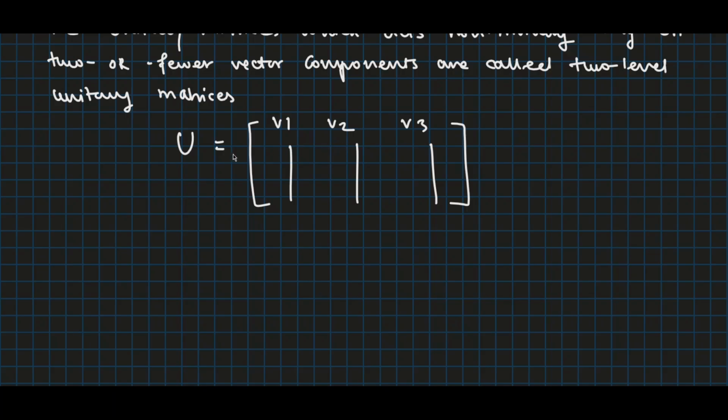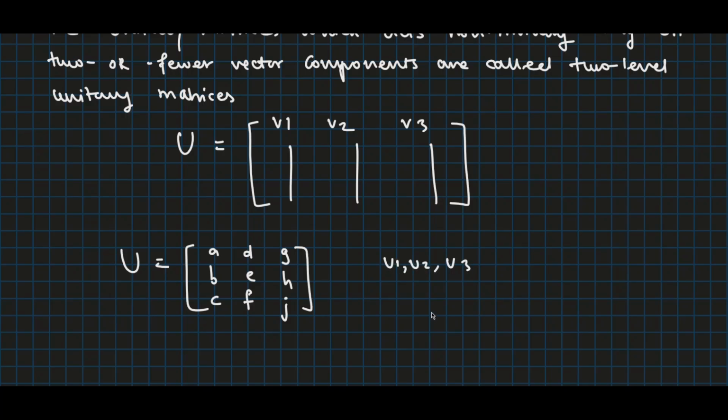Suppose V1 and V2 are non-trivial. Then for operator U acting on a state, the effect of V1 and V2 will be significant as opposed to V3, which is trivial and has no consequence on the state. Let's try to understand this with an example. Consider a 3 cross 3 unitary matrix U given by U equal to A B C D E F G H J. We can decompose this matrix into a product of two-level unitary matrices U1, U2 and U3